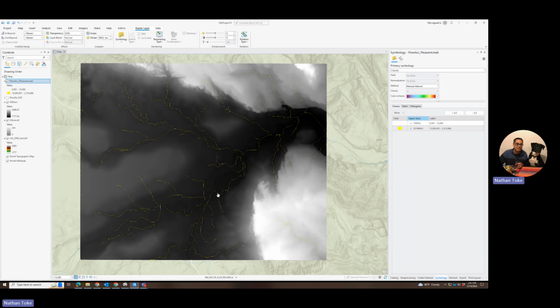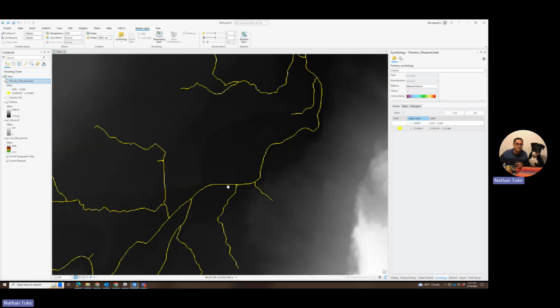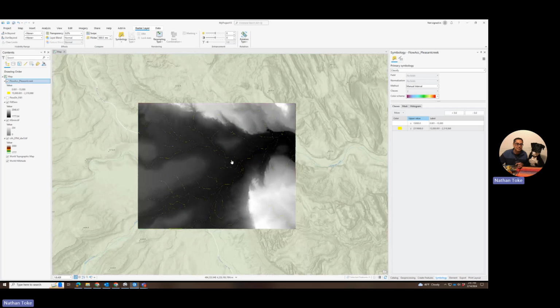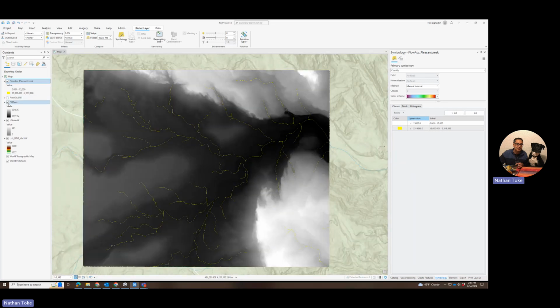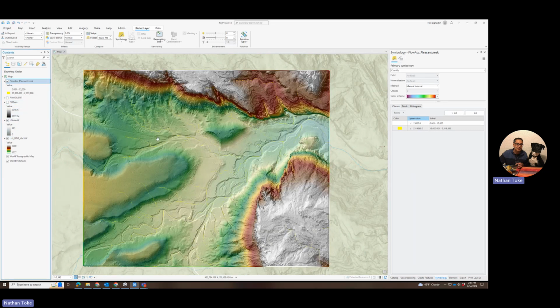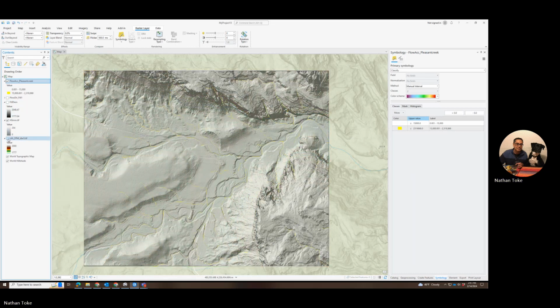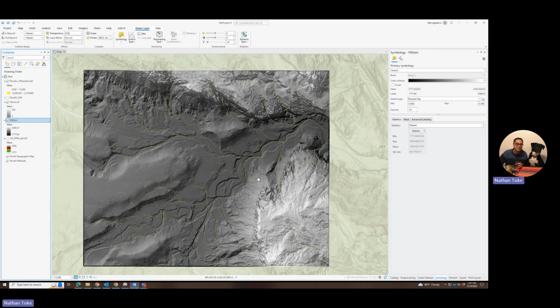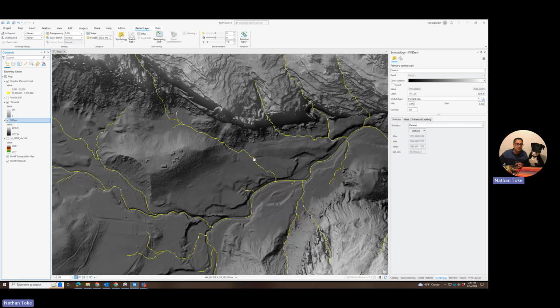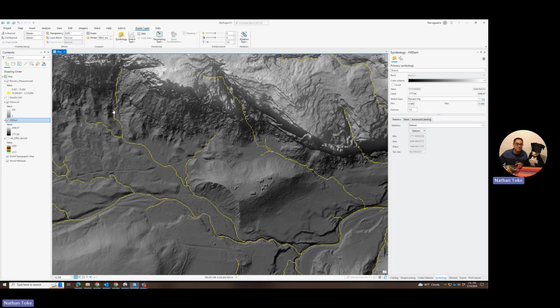Okay, so I do notice some issues. Oh no, that's perfect. Okay, it was a rendering issue. So this is a good representation of the landscape. And we can see that if I turn off this fill DEM and I just look at maybe the hillshade colors, maybe on top of the fill DEM. How about that? So we can see the yellow streams are kind of following where streams look to be in the landscape, and